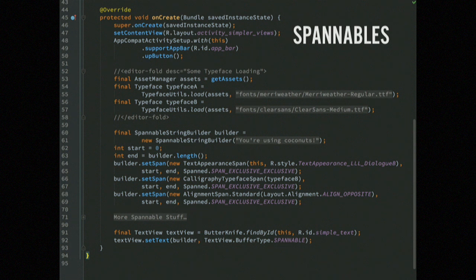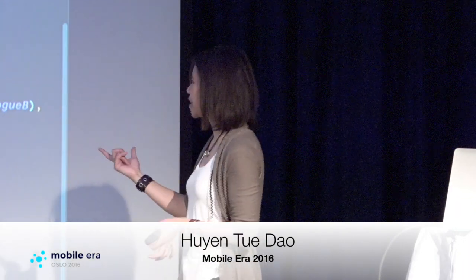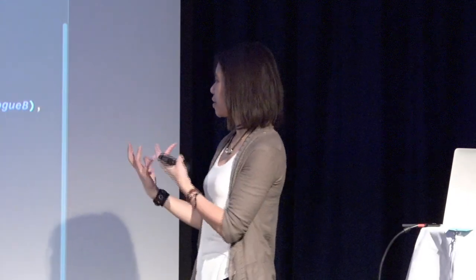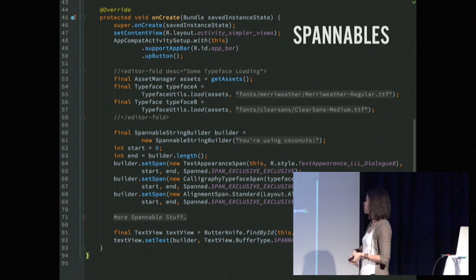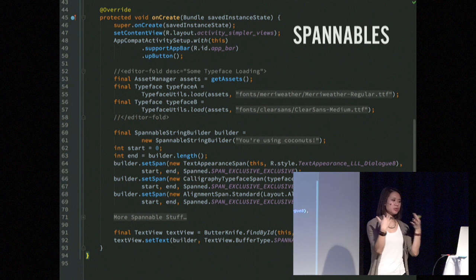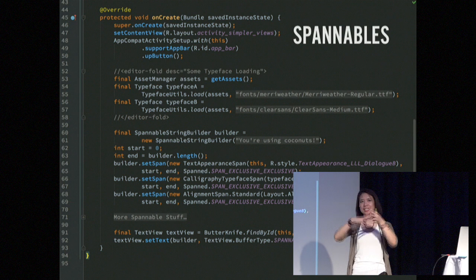Color, typeface, alignment. And the trade-off is that rather than having the really nice attributes and being able to visually see what's going on in XML, it's all done through Java code. So here I have an example from that layout where, rather than setting attributes directly on 3 different text views, I am taking some typeface, building a spannable string, and picking subsections of that text to apply a certain typeface and a certain text color to. And then at the end, all I'm really doing is assigning that entire styled string